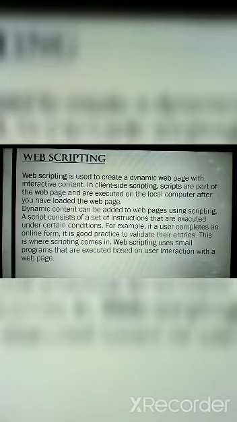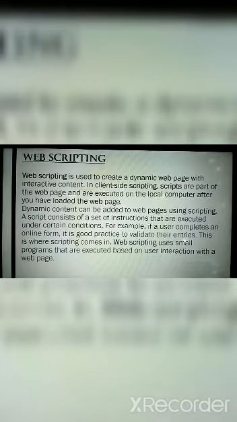In simple language, a script is a computer script. It is a list of commands that is embedded in a web page, and the process of creating and embedding the scripts in a web page is known as web scripting. The programming languages in which the scripts are written are called scripting languages. There are many scripting languages available today, like VBScript, JavaScript, ASP, PHP, JSP, Perl, and many more.